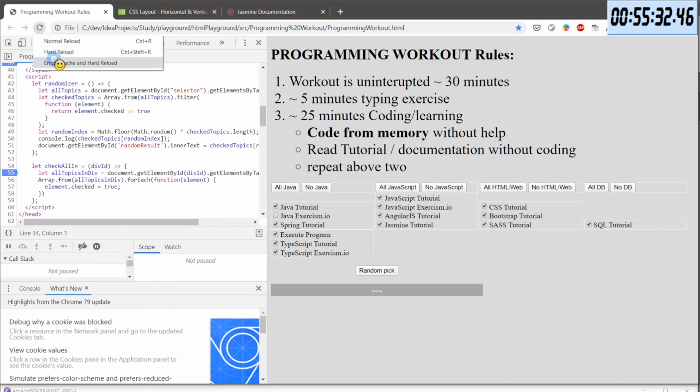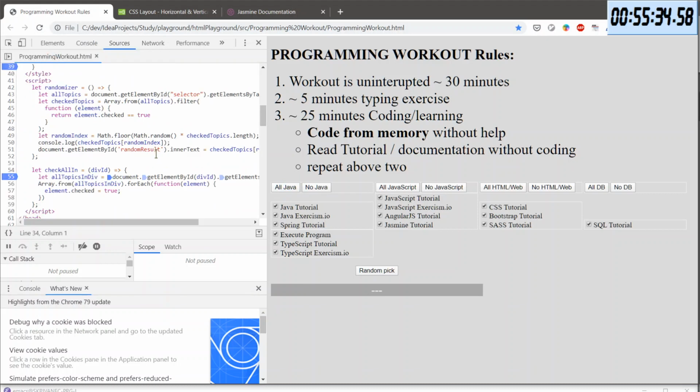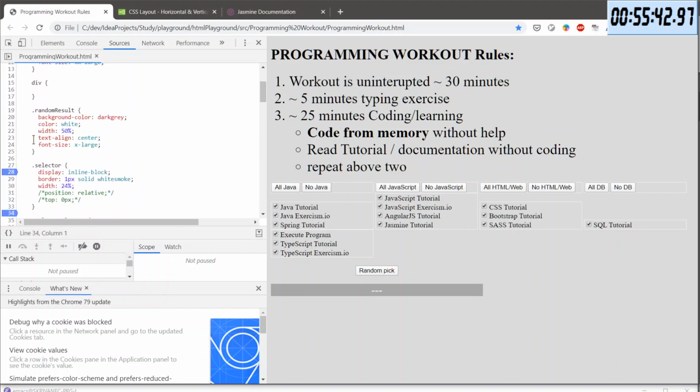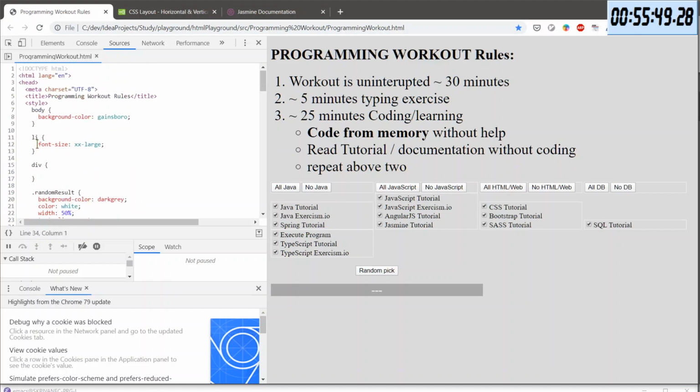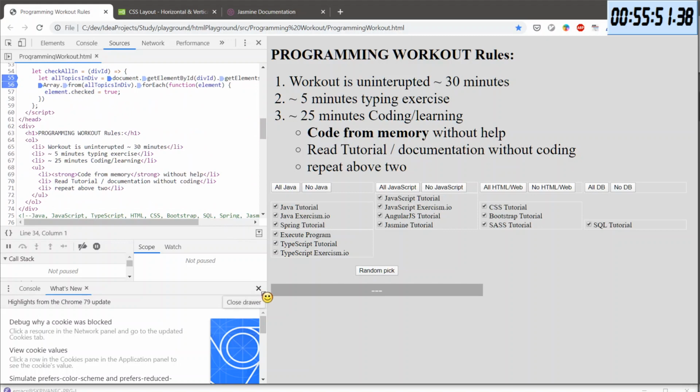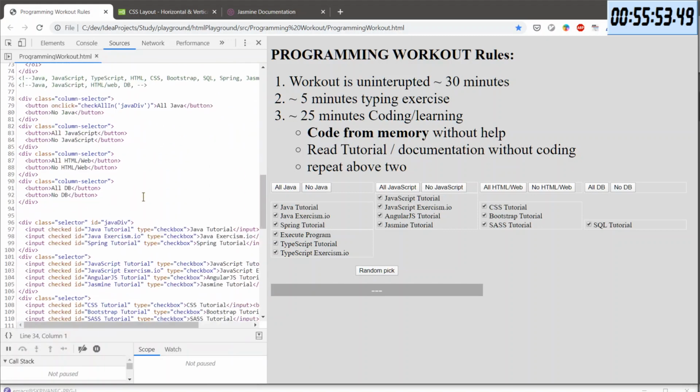Okay, I will do a hard reload. So I don't need, they don't make sense anymore. You go away.